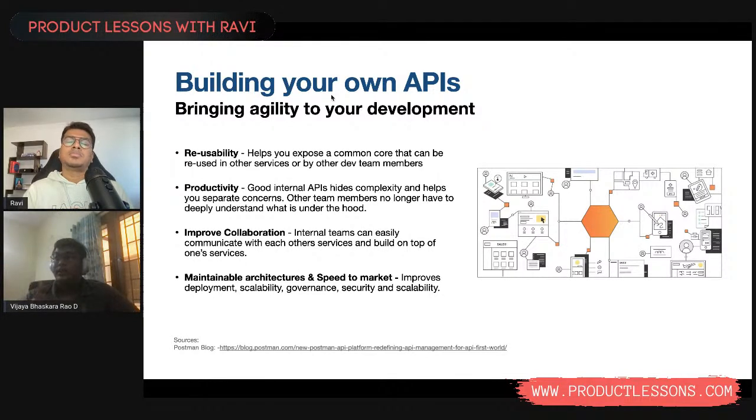So they're also the ones who are powering the public APIs, right? So internal APIs are your foundational building blocks. But if you don't get these right, probably you're not going to get the public or the partner APIs right also, because it's the entire value chain, right? What you build inside also gets restructured and then presented to the external world